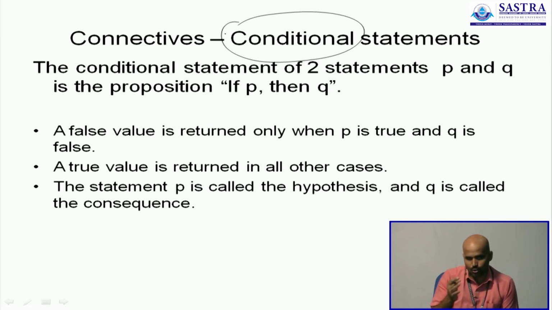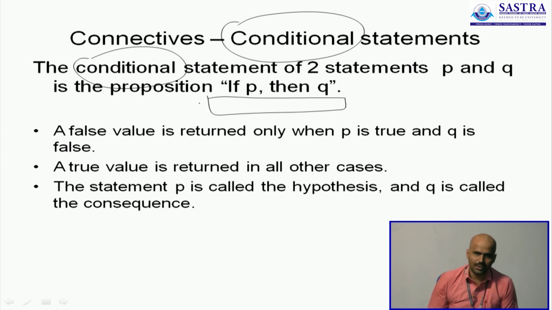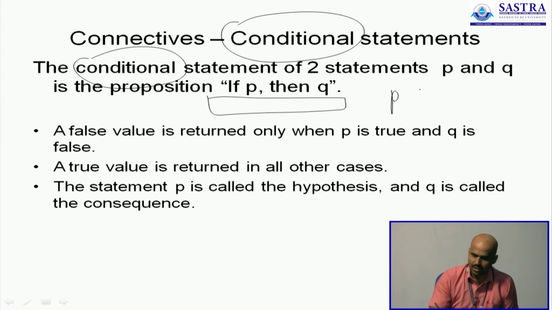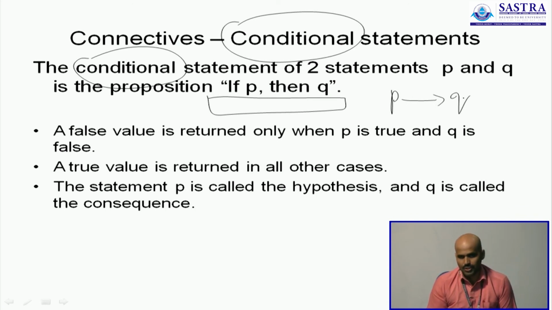If P and Q are two individual statements and you are talking about the conditional statement involving both of them, then this is how you combine them. This is one of the two ways to combine P and Q. How does it read? If P is true, so is Q. And we denote this conditional by this symbol, the arrow. It's not the and, which is the conjunction, or the or, which is the disjunction, or the exclusive or. It's the arrow which will represent the conditional statement.